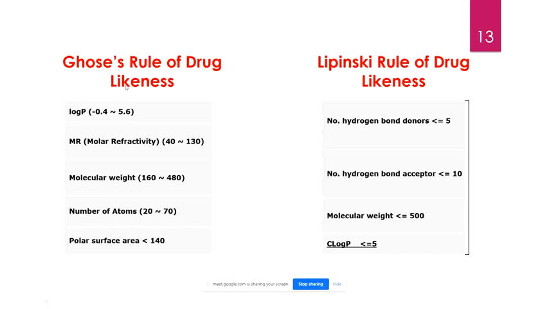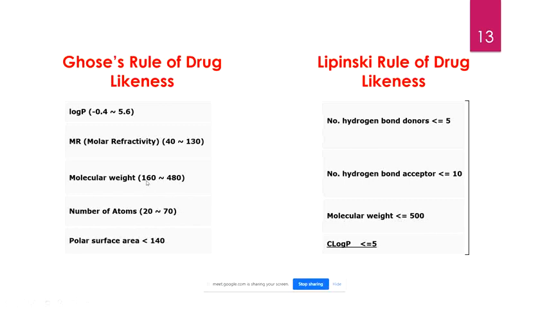It can't have a value beyond -0.4. A value of -0.96 or -20 is not a suitable value. It must lie within -0.4 to 5.6. And he added certain other criteria also. The first criterion added is the molar refractivity. He said that the molar refractivity must be within 40 to 130. Okay, and the molecular weight, he said, can't be 1 or 2 kD.